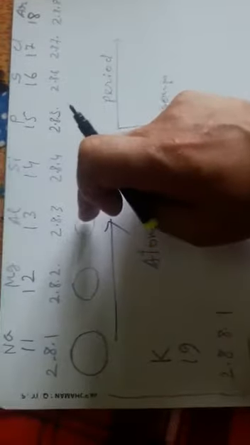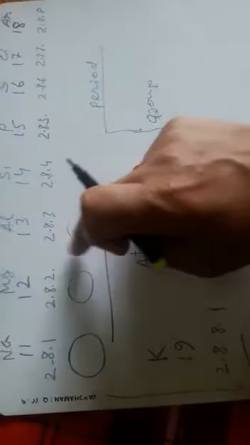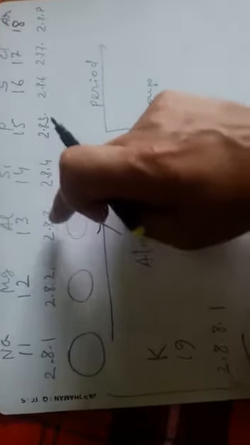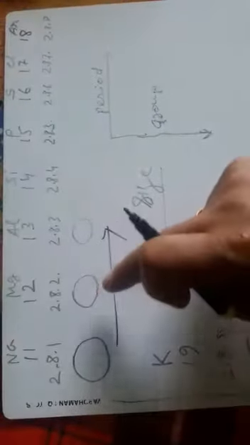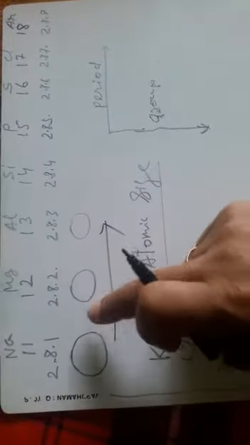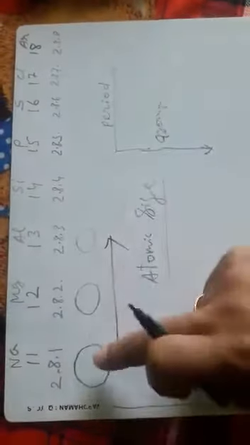Again, in aluminum there is one more electron than in magnesium. So the nuclear force of aluminum will be stronger than magnesium, so the size of the aluminum atom will be again a little bit less than that of magnesium. So in any period we have seen that, due to the effect of nuclear force, the atomic size of any element decreases from left to right in the periodic table with increasing atomic number.